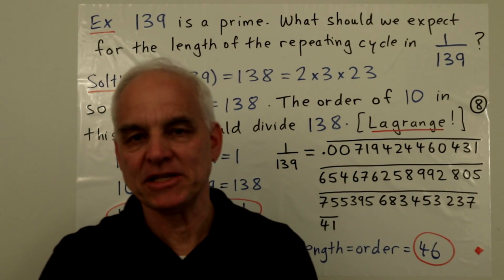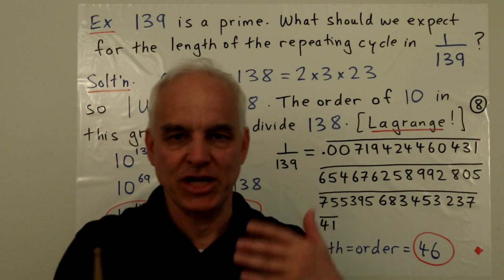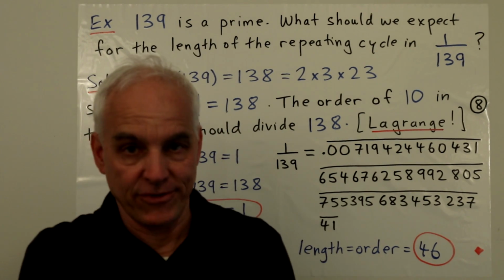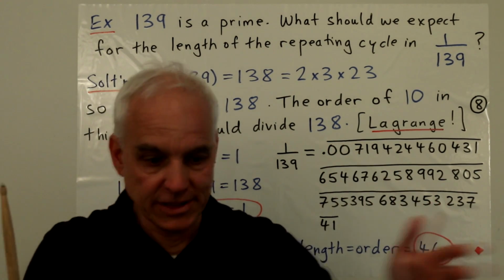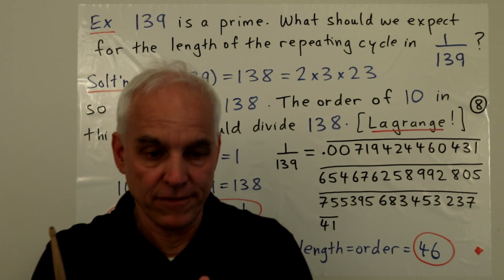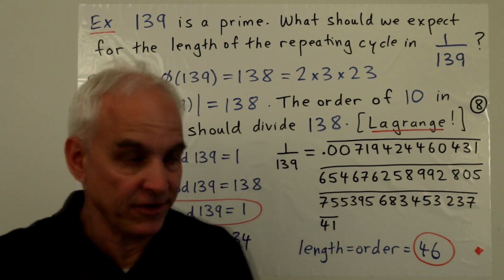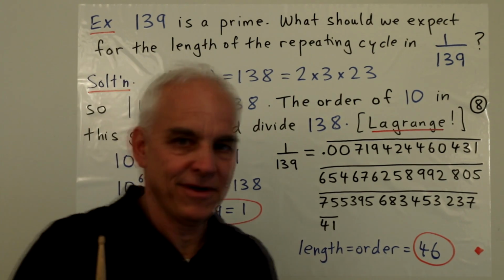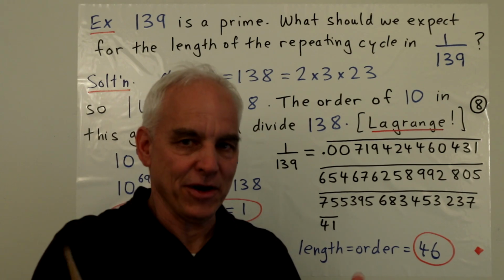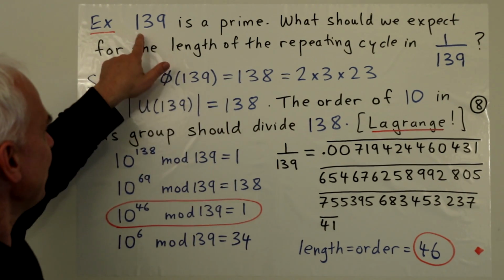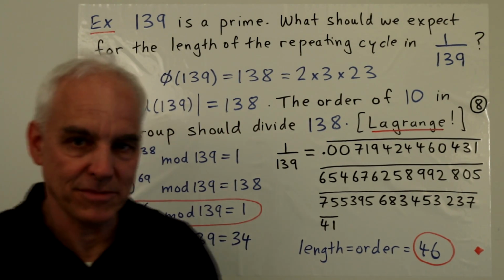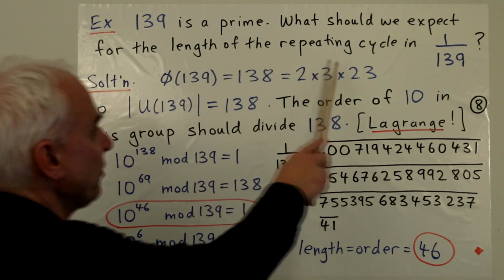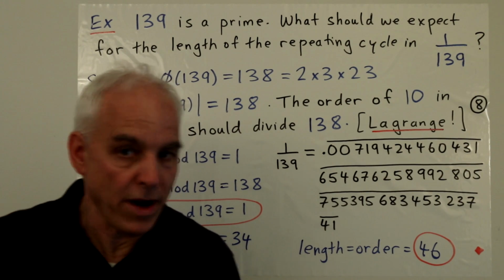Okay, we're interested in this problem of trying to understand what the reciprocals of natural numbers look like as repeated decimals. In particular, how long is the repeated part of a fraction 1 over n when you write it out as a decimal. So we're in a good position now to really understand what's going on here. So let's have a look at, first of all, a larger prime. So 139 is a prime. So what should we expect for the length of the repeating cycle in 1 over 139?